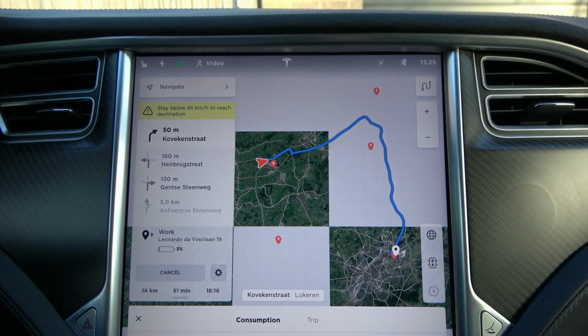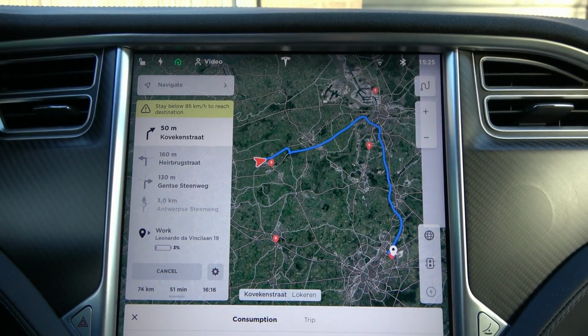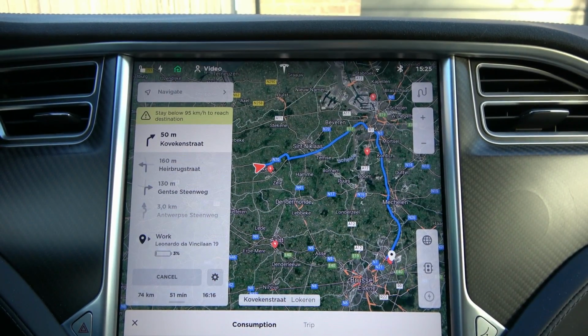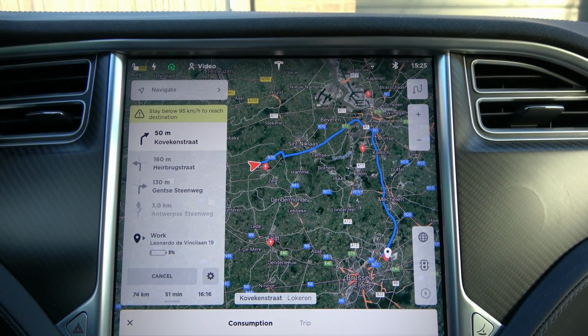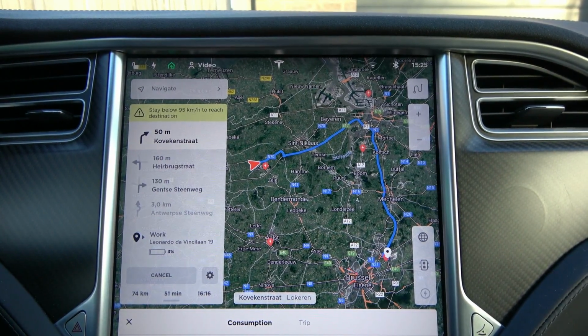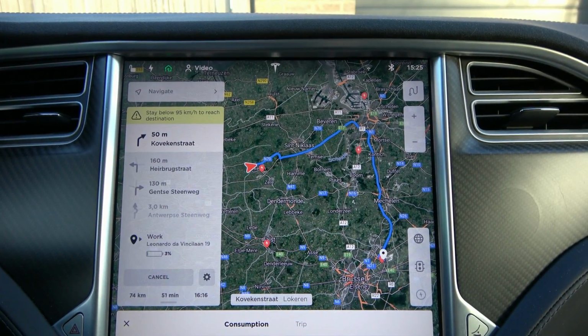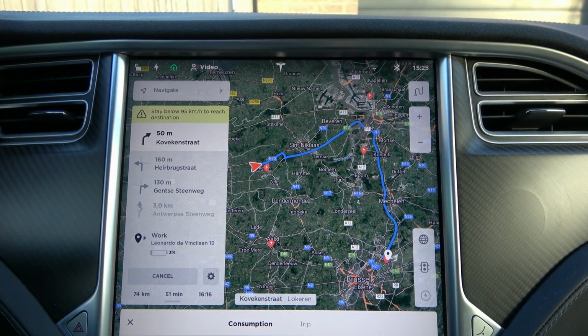There we go. And again, I want to have maybe a view for when I arrive at that point. I want to take a different route. I want to have that zoomed in view again. And that's just not working because of the trip level. It will zoom automatically back to the trip level. Again, that was not the case as far as I remember before version 9. Now it is,